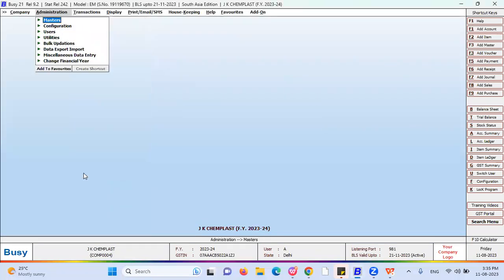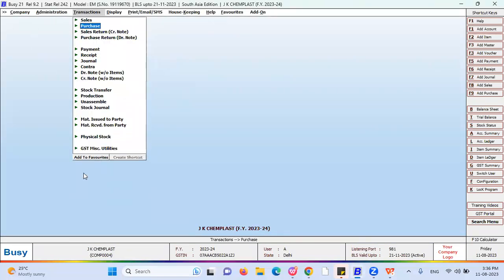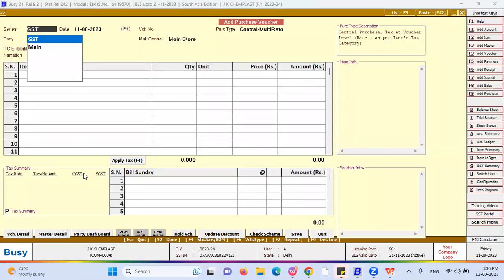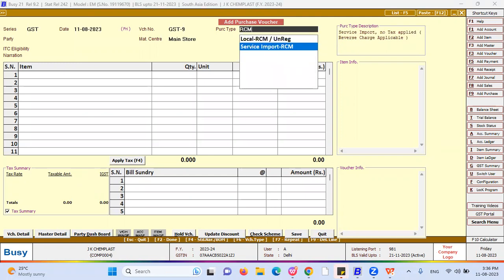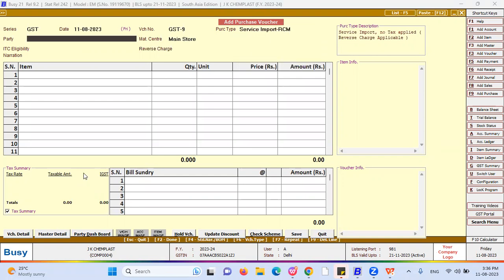Even you can post the RCM voucher in a purchase also while we are entering the purchase voucher. So this is the purchase voucher. Here we have one purchase type called RCM. If it is a local RCM unregistered dealer purchase, you need to select this one. Or if we are purchasing any of the services from any of the vendors, then that time you need to select the service import RCM. So now let me select service import RCM,